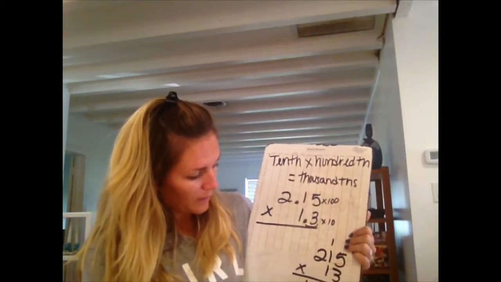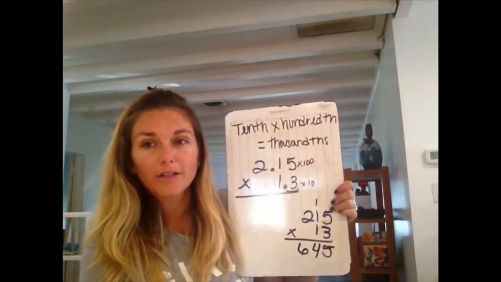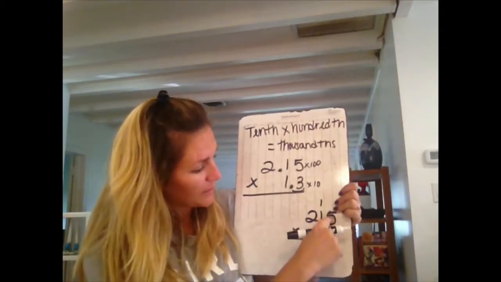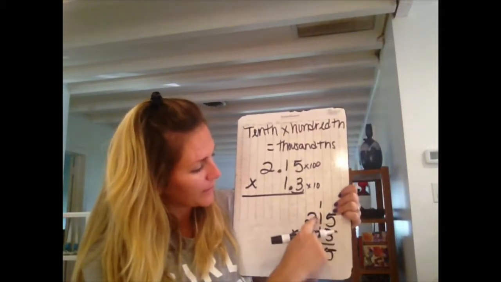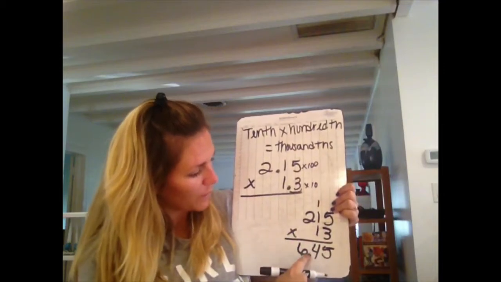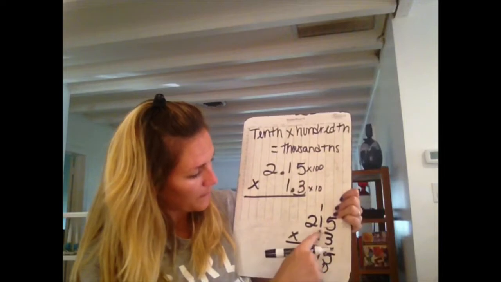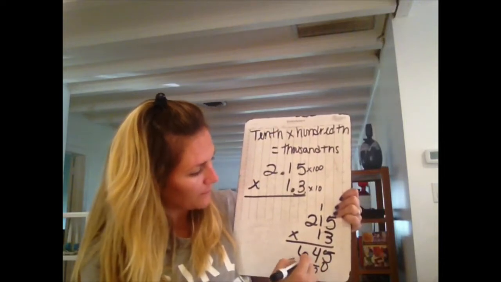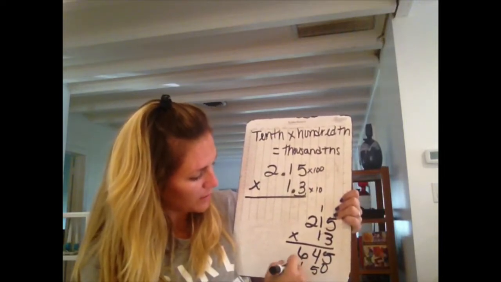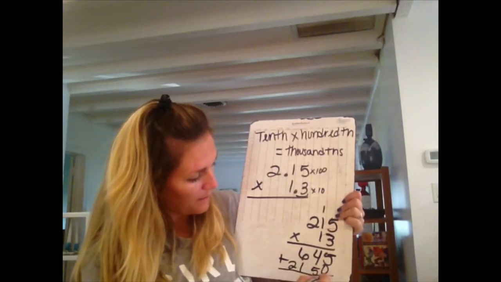okay, using standard algorithm, sorry if you didn't see that, 3 times 5 is 15, carry my 1, 3 times 1 is 3, plus 1 is 4, 3 times 2 is 6, placeholder, 1 times 5, 1 times 1, 1 times 2, I add it up,